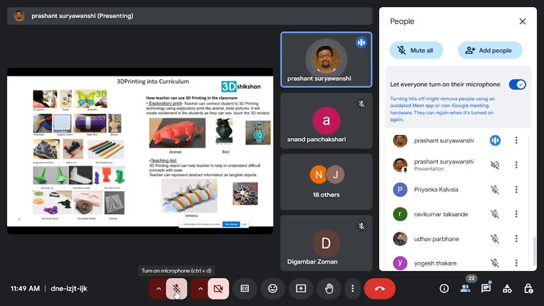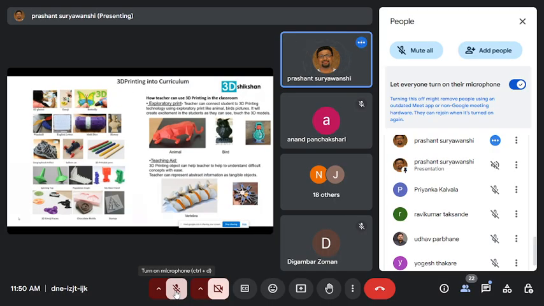So instead of buying the trophy from outside, you can ask your students to print the trophy which you give to a guest or any guest lecturer, something like that. So these things actually help. What I'm saying is, you have to be a creator. Once you start and inculcate the creator mindset in the students, they will also follow the same, and definitely it will help them in their career.